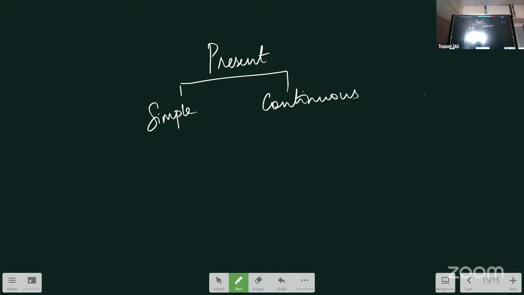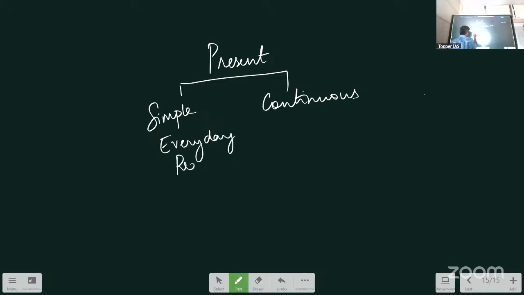But that is continuous. So how do we talk in simple tense? What he said is correct. I am taking class. It is present, but it is continuous. So how do we understand simple? So first we will learn about simple present tense. So in simple present tense, these actions: every day,